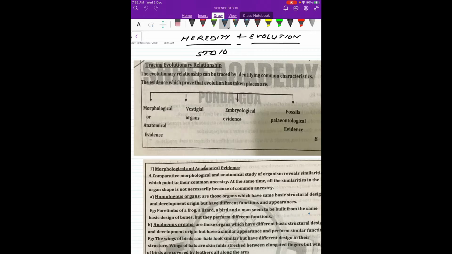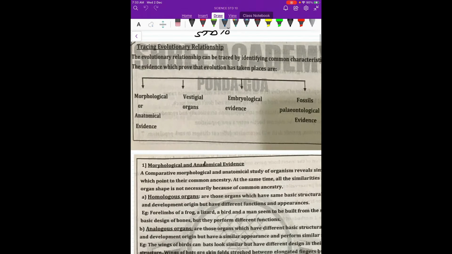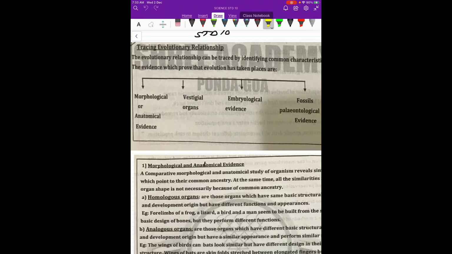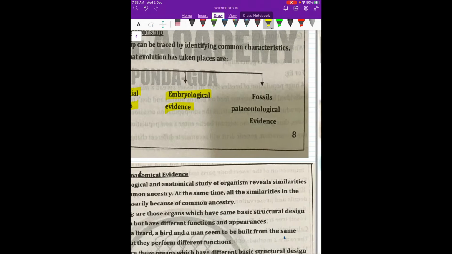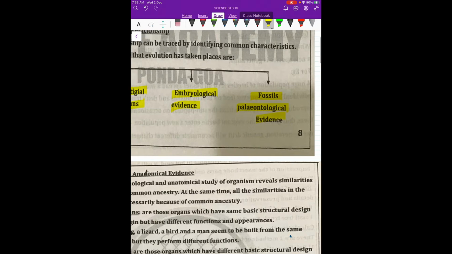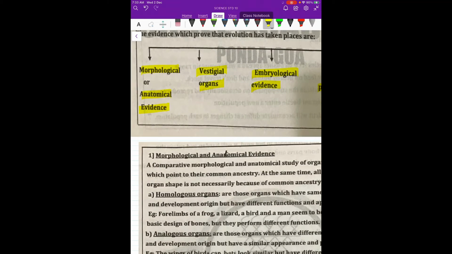So going further, we will see how evolution has developed and how we have found exactly what the relationship is. If you see, some things prove that evolution has definitely taken place. What are those 4 things? We have morphological or anatomical evidence, vestigial organs, embryological evidence, and fossils or paleontological evidence. All these 4 things prove that evolution has actually taken place over a huge period of time, millions of